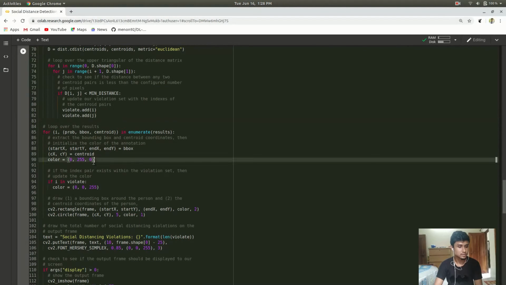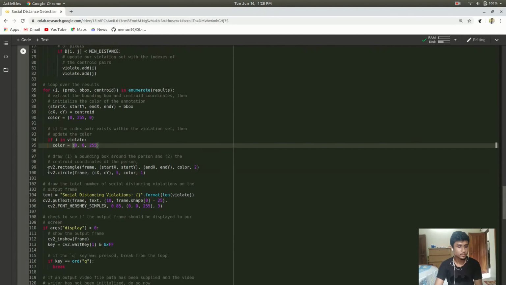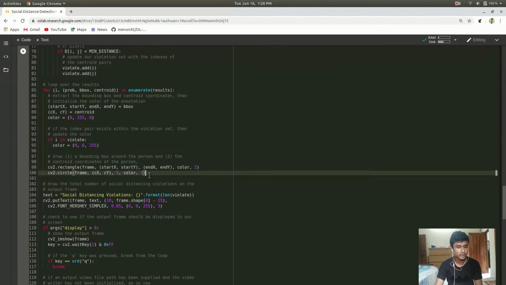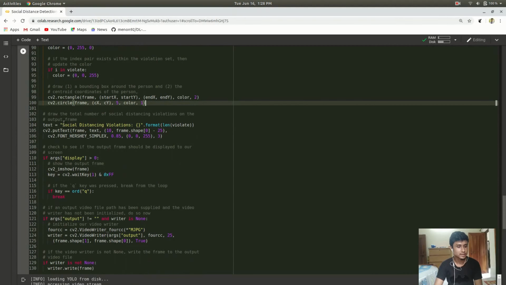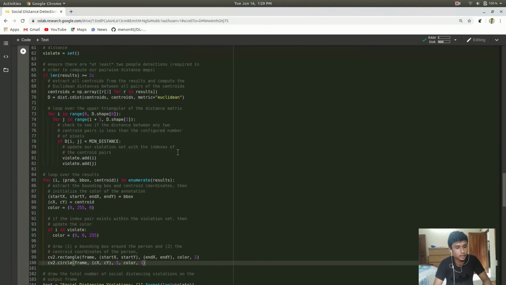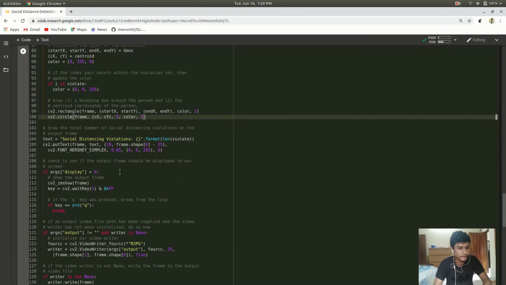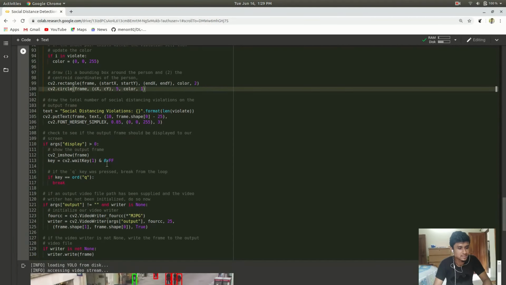Okay, it is our green color and it is our red color. Okay, then we are drawing a rectangle over our detection and drawing a circle at the centroid, and we are putting the text social distancing violation, and we are printing the length of the violate variable over here. Okay, and next we are at the end of the coding part.